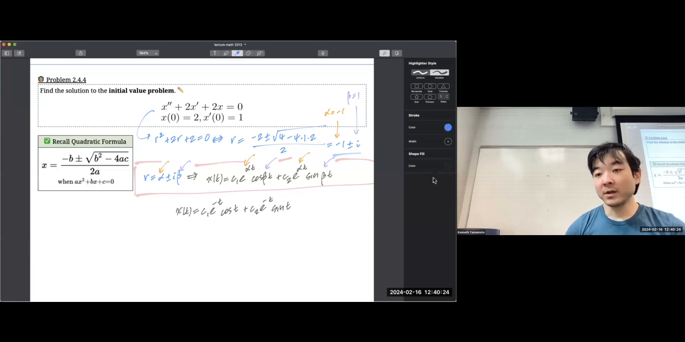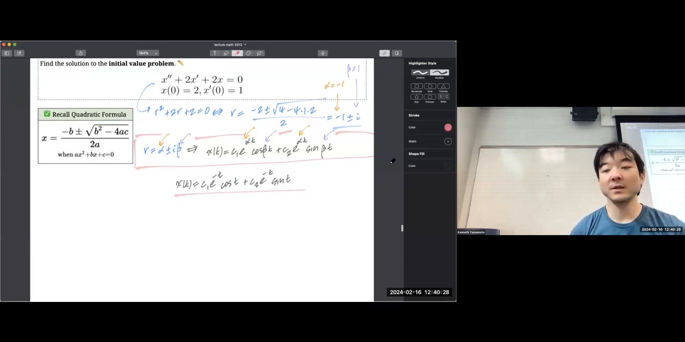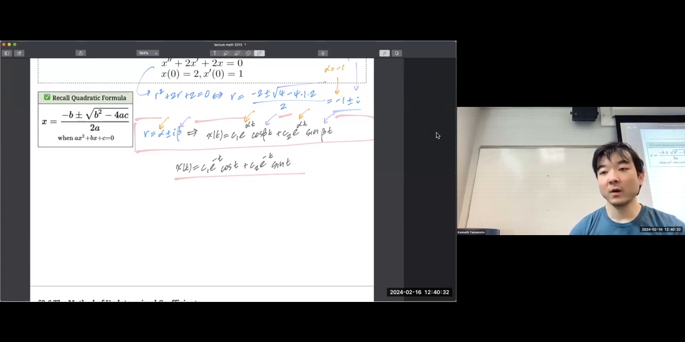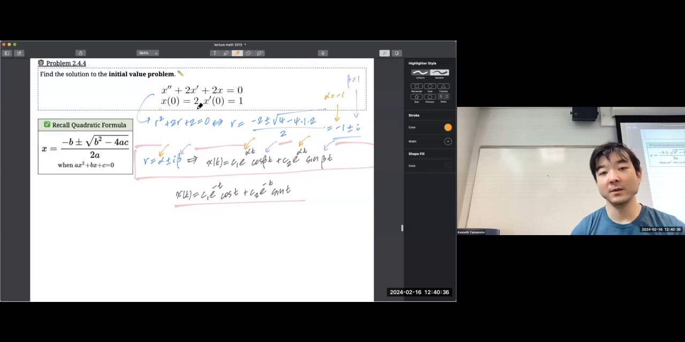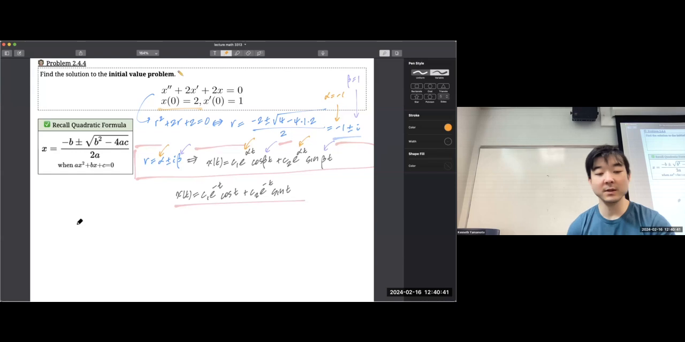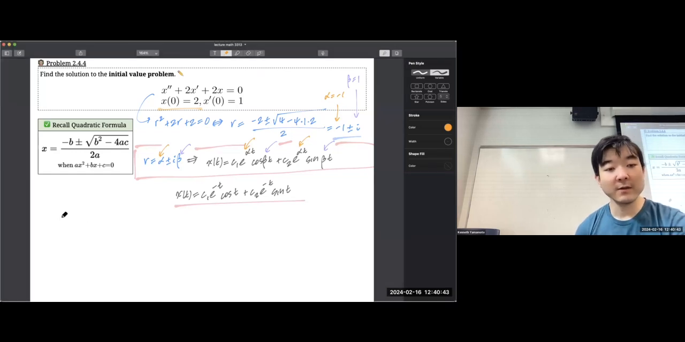And you're interested in using these initial conditions. So if you're going to use these initial conditions, then you have two of them. One of them is x of 0 is equal to 2, and the other one is going to be this other one, but we'll just do the first one first. So when you have x of 0 is equal to 2, and this is your actual